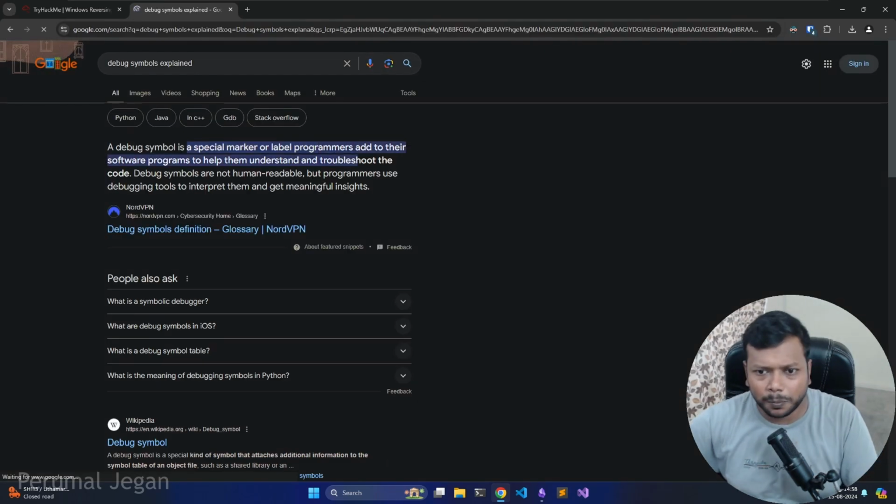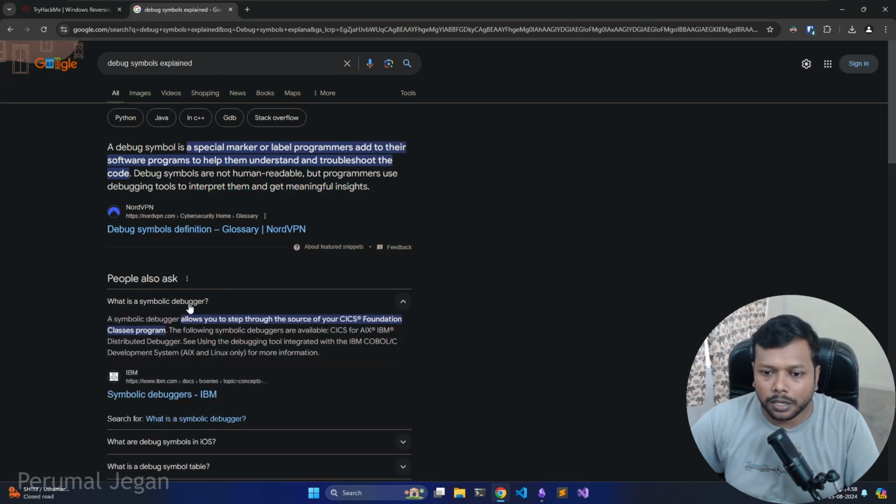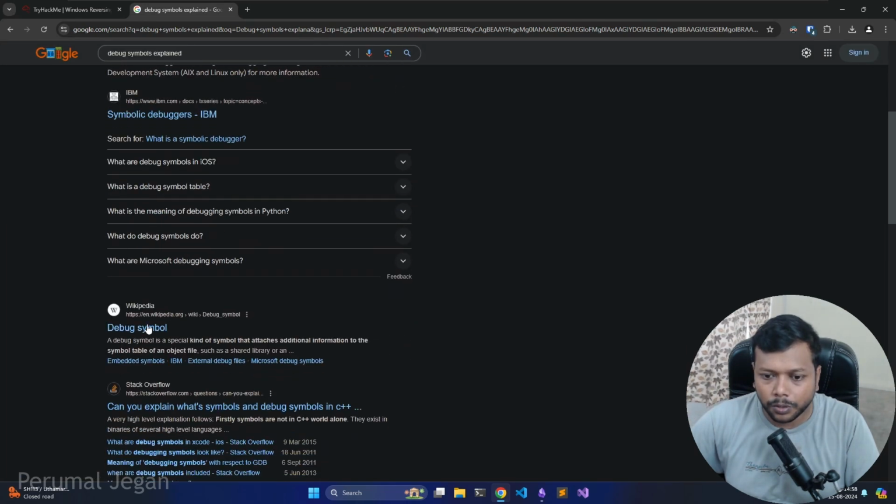Debug symbols explained. A debug symbol is a special marker or label programmers add to their software programs to help them understand and troubleshoot the code. Debug symbols are not human readable, but programmers use debugging tools to interpret them and get meaningful insights. What are symbolic debuggers? Allows you to step through the source of, all right. What is debug symbols in iOS? Okay, debug symbol, special kind of symbol that attaches additional information to the symbol table to an object file. So looks like debug symbols are the sources of additional information